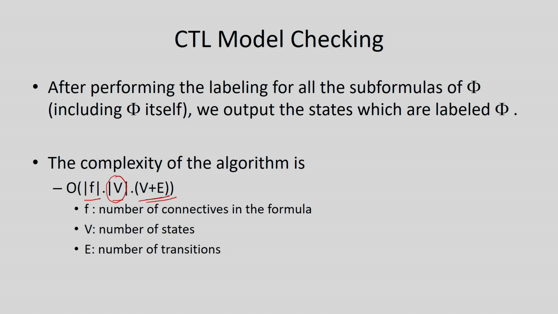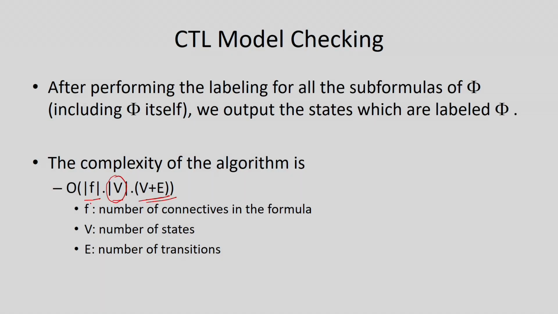For every sub formula we have to traverse the entire graph. It depends on the number of edges and the number of vertices. So, this is a graph traversal algorithm, and we have to traverse the entire graph for each sub formula, and look at each node of the graph or the model. So, that is why the complexity turns out to be f times (v plus e). The complexity is not that high, and that is why the model checking algorithm is promising to apply in the verification of our system design.